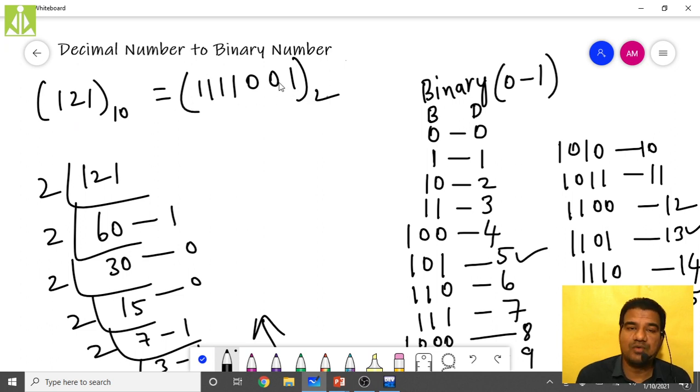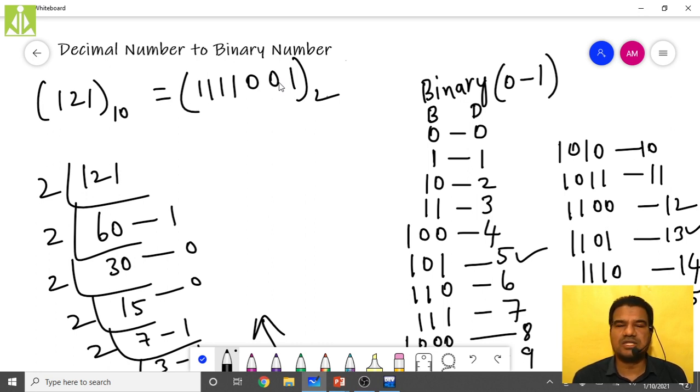Hopefully you understood how to convert. Now whatever number I give, you know how to convert that number into binary. There are more complex things associated with this, like how to represent a negative number, and how to represent a decimal number, meaning a number with precision, a real number, in binary. Those are not our concern at this stage.